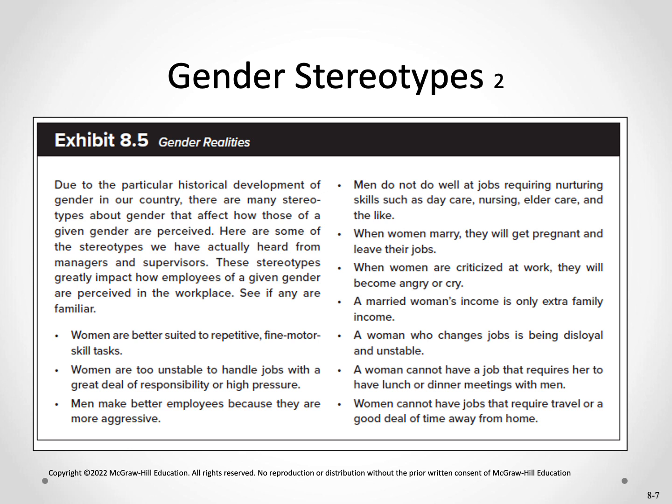When women marry, they will get pregnant and leave their jobs. Well, that's not necessarily true. Many women would want to stay on their jobs after they're pregnant, and they're far more likely to want to do that if there's a company that has flexible policies that enable them to juggle their work-family challenges, right? And not all women want to get pregnant. I've known plenty of people who have had tremendous pressure on them to get pregnant once they got married, but they said they had no desire to have children. So why would they be treated differently just because they're a woman?